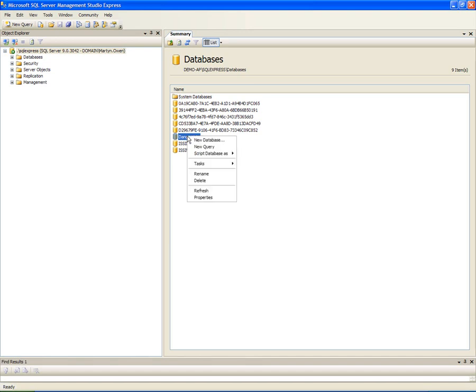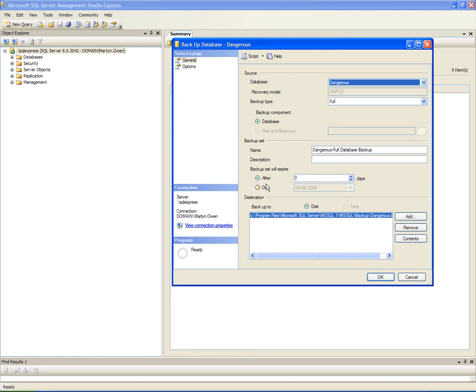So if I right click on the database, under tasks I've got backup and restore. Now backup is the one that I want to do at the moment, so I'm going to go backup, and then in here it basically asks me for my options. So I'm going to back up the database. This is the file that it's going to back up to, so it's going to go into my SQL directory basically under backups, and it's going to create a Dangerous.bak file, which is the backup file it creates. I can change that if I want. I could remove that and add another one, or do what I want with that really,